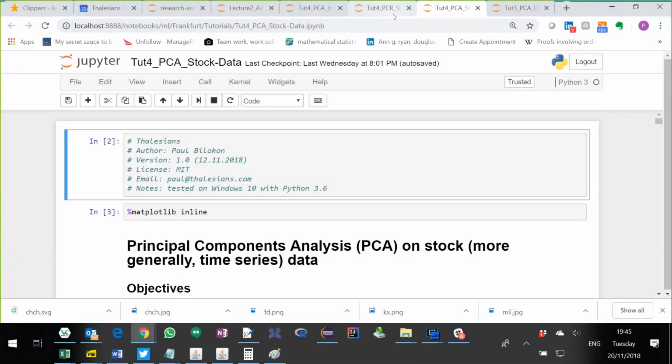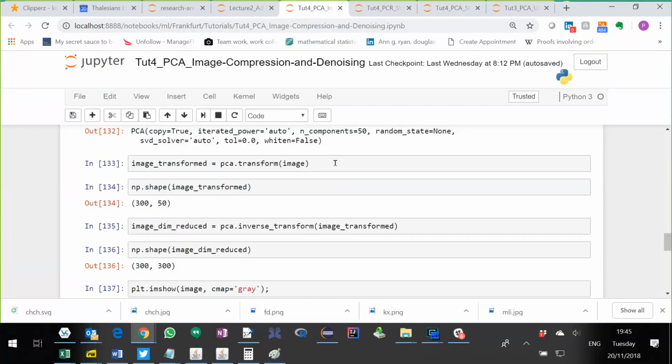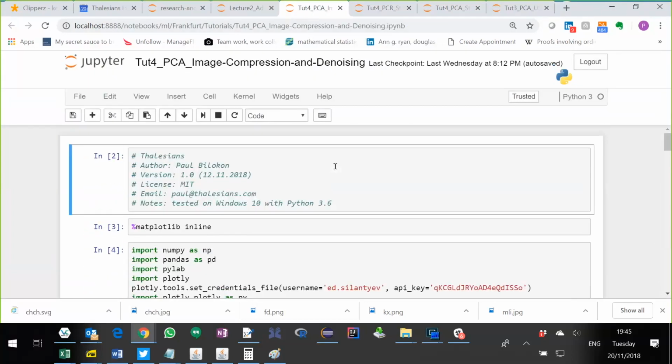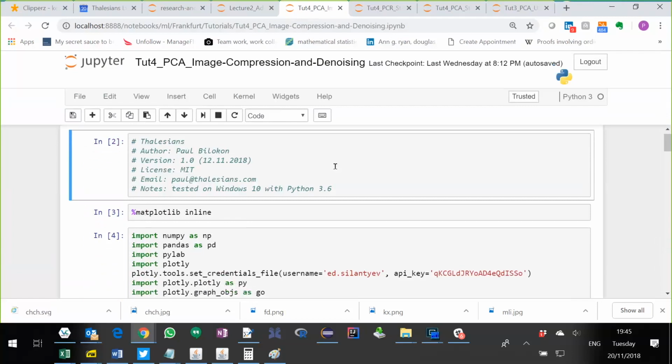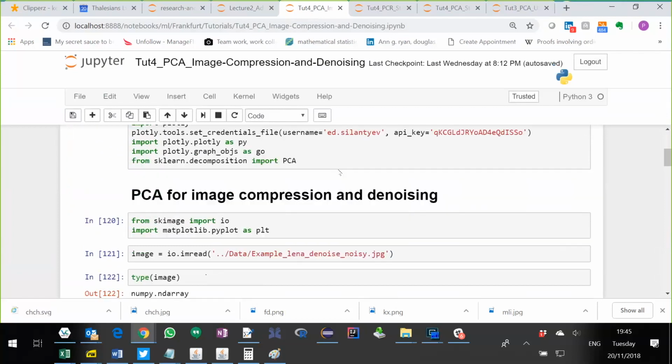Okay, so you mentioned denoising, and again, we just throw away the higher components. But the other thing is compression, right? And that is what I'm going to quickly show you. It's not a financial example. So we're going to load